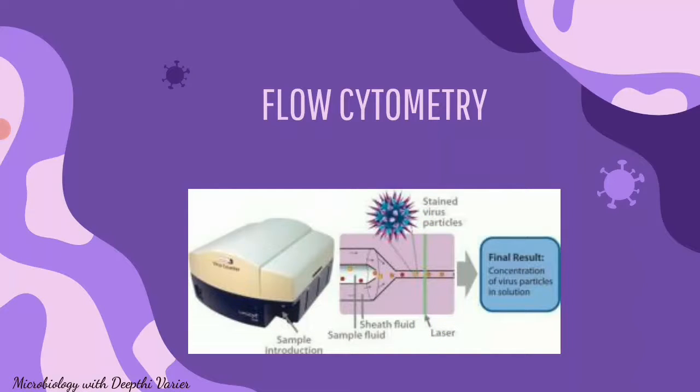Here we can even use samples with two dyes, one staining the proteins and another staining the nucleic acids, just to make sure that we are counting only the viruses in the sample and nothing else. This is an easier, or we can say quicker, method for counting the viral sample. We use a fluorescent dye and pass the sample through the chamber, such that as it passes through the laser beam, we are able to count the individual viral particles.